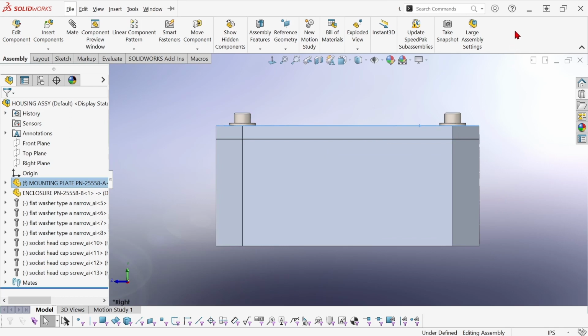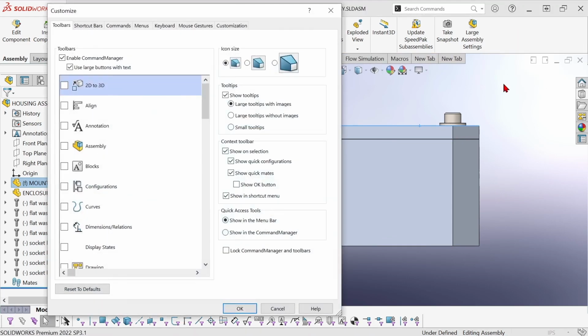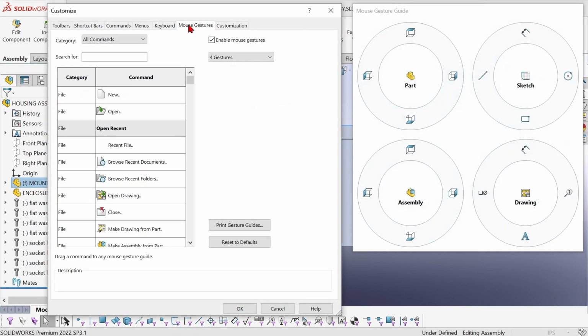So I'm going to right-click in the menu area, go to Customize, and to the Mouse Gestures tab. This shows us what tools are available in each of the four environments. We have the part environment, the assembly environment, sketch, and drawing. Gestures are enabled by default, and we can go down to 2 gestures, vertical or horizontal arrangement, or 3, or we can go up to 8 gestures,